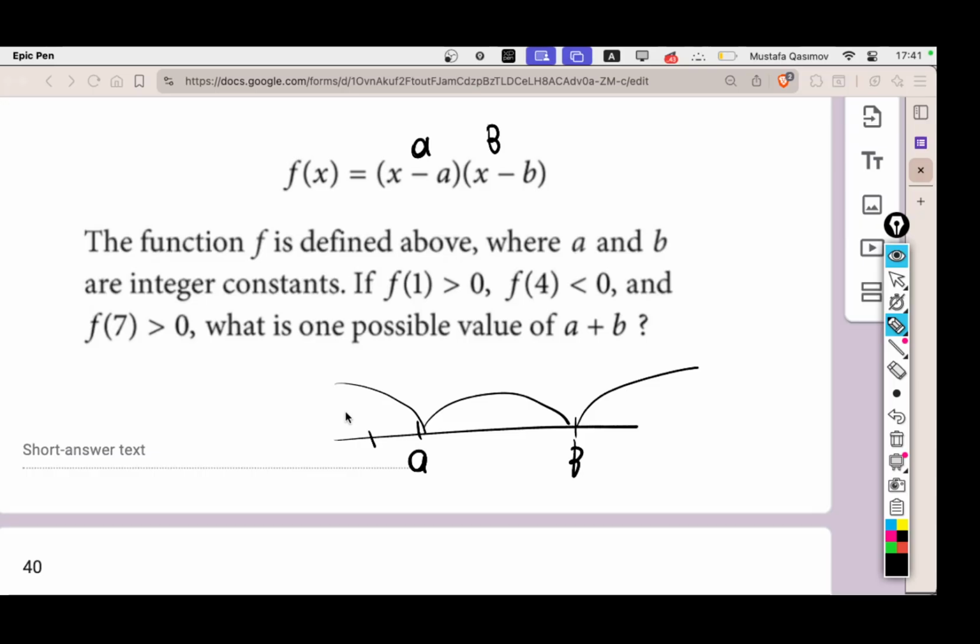Okay, how did you solve it? Just tell me, what's your first step? I'm trying to find it actually. Okay, so